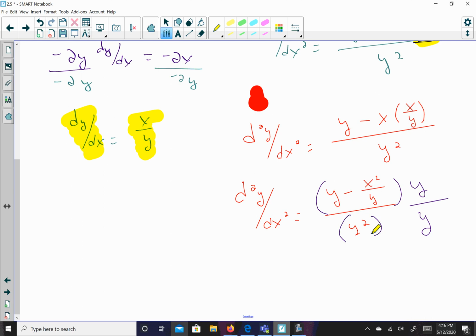When I do this, the y times the y is going to be y squared. That's the squared. And then these two will simplify, so I'm going to have y squared minus x squared. And then y squared times y will be y to the third. So that's my